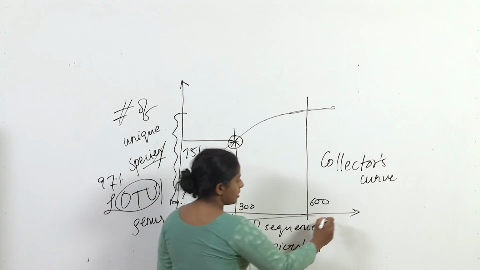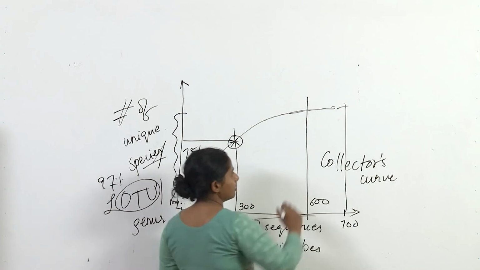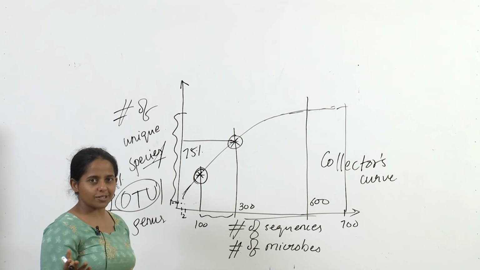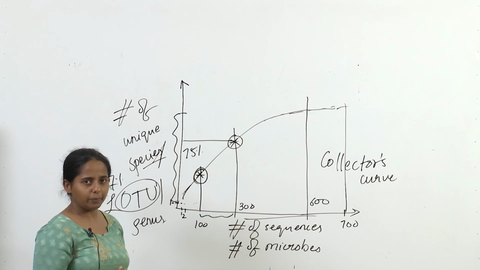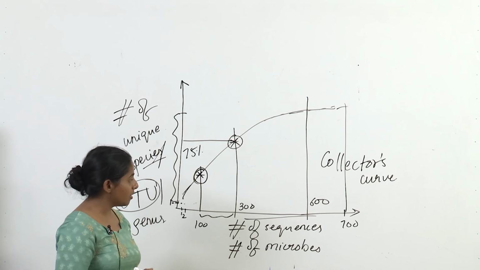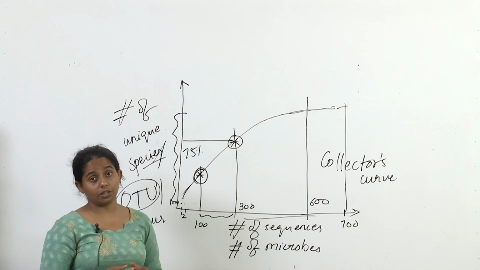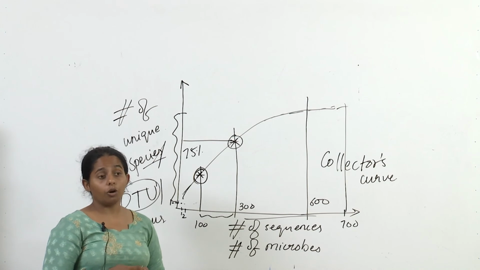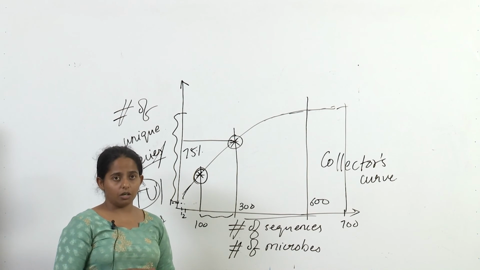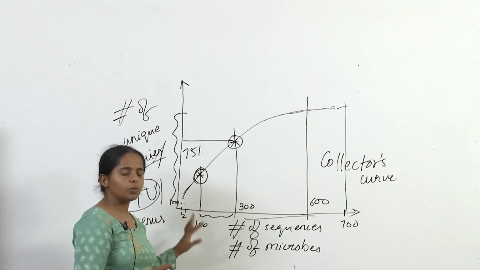If I have sequenced, let us say 700, then you can say, oh well, you have over sequenced because at 600 you already hit the plateau, but you have sequenced all the unique sequences or most of them anyway. So, this is how collector's curves are used, and they are very important and useful for high throughput amplicon sequencing or high throughput whole genome metagenomics, or metagenomics in general, and they help me understand was my sequencing depth